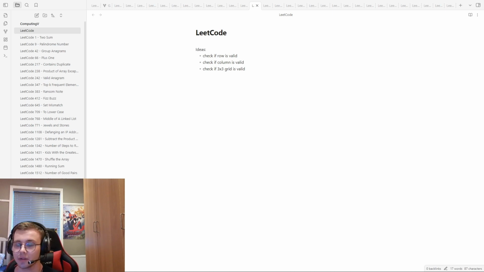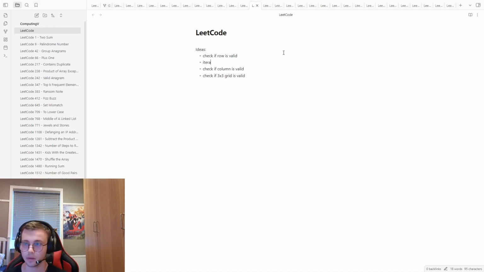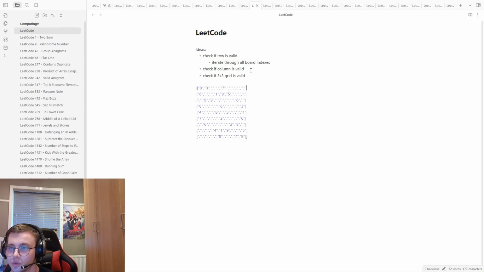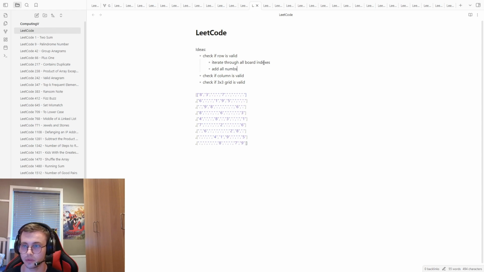So checking if our row is valid is going to be the easiest thing. It's just going to be iterate through all of the board indexes. I'm actually going to just copy one of the examples from here. So iterate through all the board indexes, meaning this, and then add all numbers to a temp array,